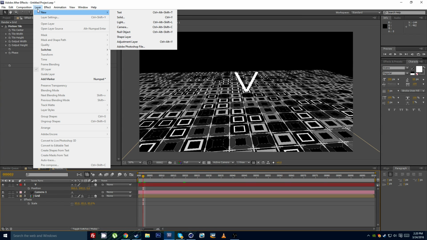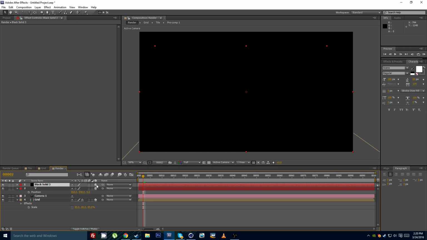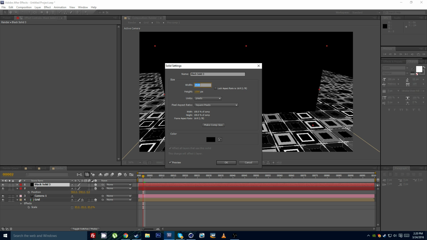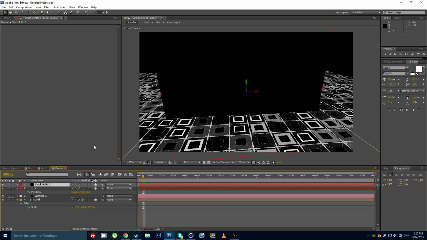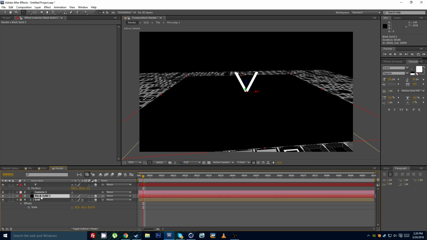If I go to layer and make a new solid layer, hit OK, make this 3D, and actually go to my solid settings, and let's just make this 2000 by 2000. So I'm making sure this is like in a square shape. Select OK, and before I turn this around, I will make sure the position is matching the same position as the grid. So I will place it above the grid and turn it around 90 degrees, and just make sure